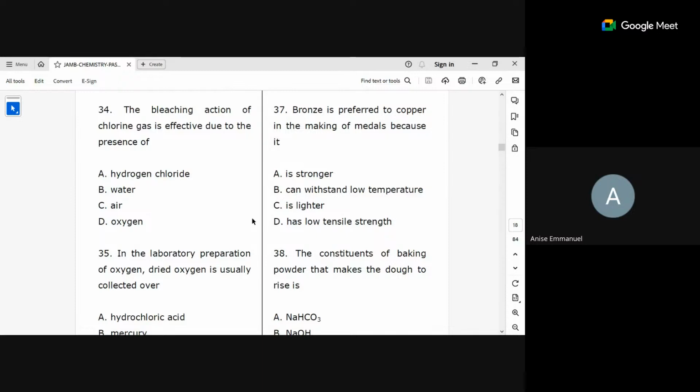Engage in active learning. Don't just learn like that. Let it be active. If you are using only 10 minutes, let it be active. If you are using 20 minutes, let it be active. Not that you are eating biscuits and you are learning. No, no, no. That is not how to do it.